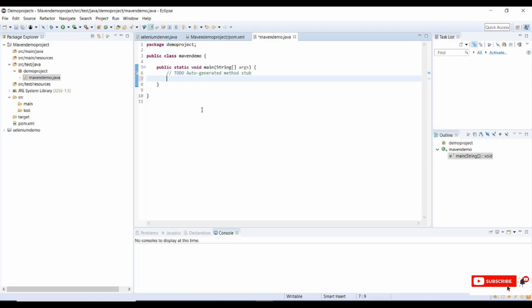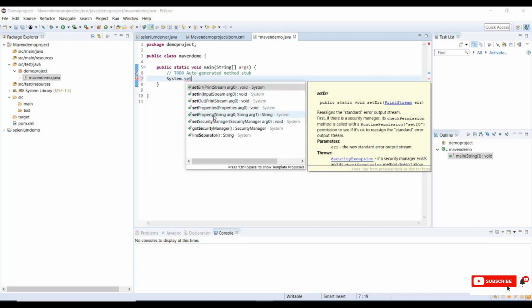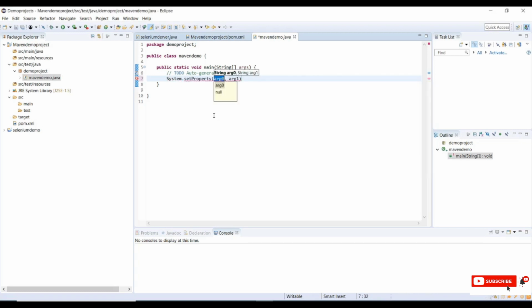With this Maven project we'll launch a Chrome browser, and to launch a Chrome browser we need to set system properties. Type System.setProperty, and we need to give the property name webdriver.chrome.driver.